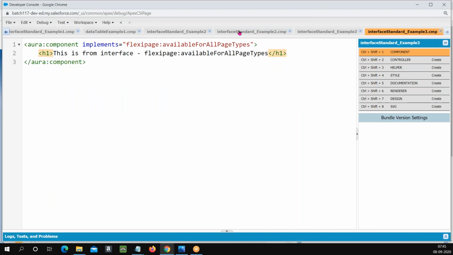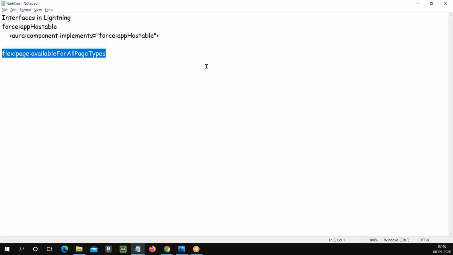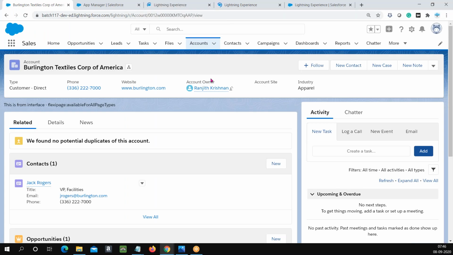Got me? So you have seen two types of interfaces, right? One interface, appHostable, will let your component be available for creating a Lightning tab. You must implement this interface in order to preview the component when a user clicks on a Lightning tab. In order to use your component for your Lightning application pages, Lightning pages, it should have availableForAllPageTypes. Suppose I would like to let the component be available only for record page, not for home page. If now you go to home page,